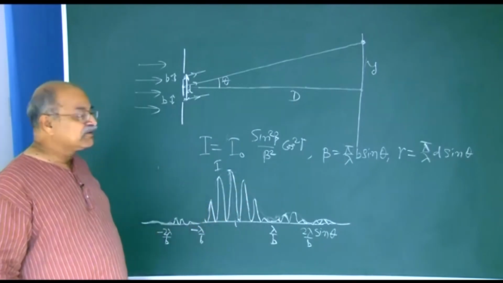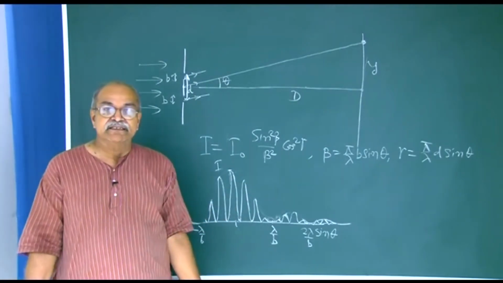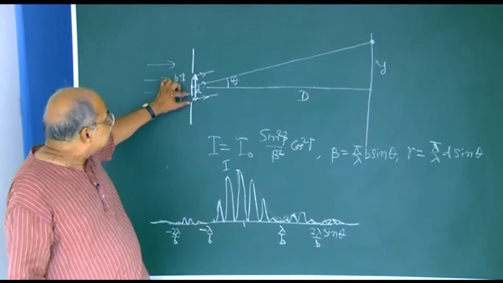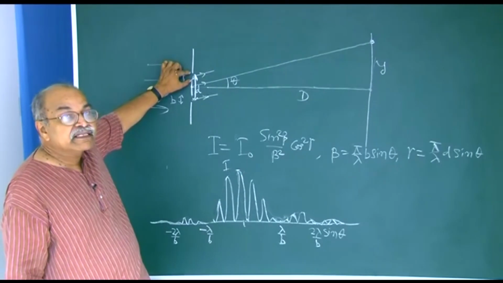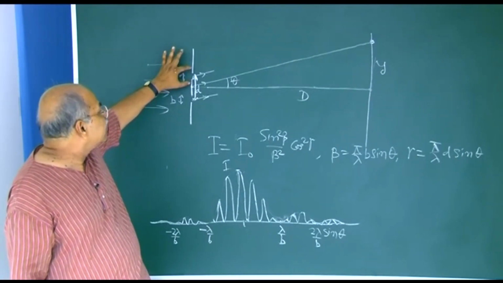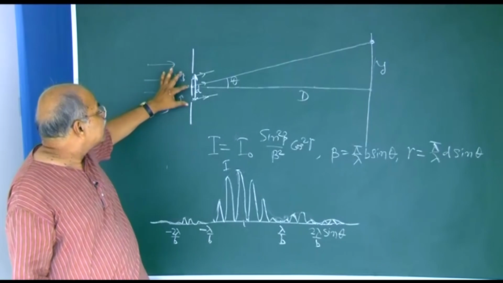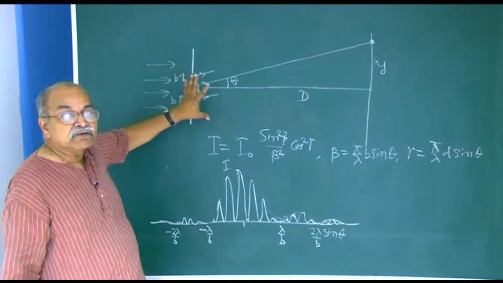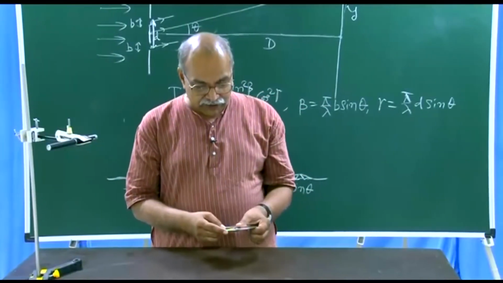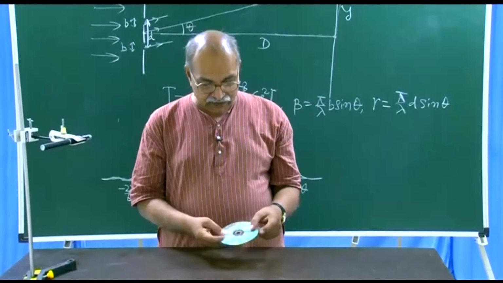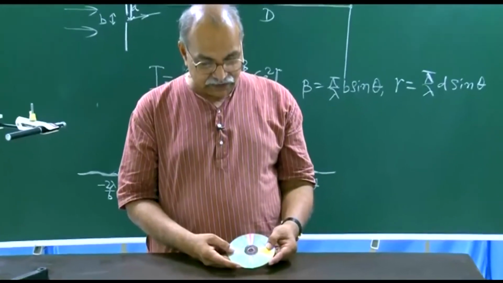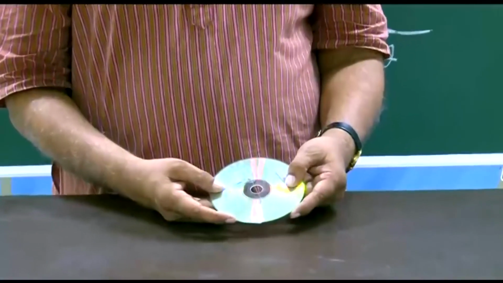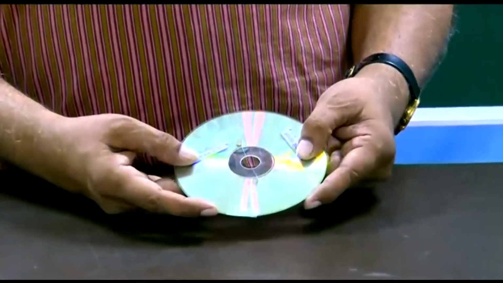It is not very difficult to arrange for a double slit. Remember, all these widths should be small, it should not be very large as compared to the wavelength. So you should not take millimeters, make it as small as possible, 10, 15, 20 micrometers will be good. To make the double slit, we have taken once again a CD, and across that central hole we have fixed a thin wire,